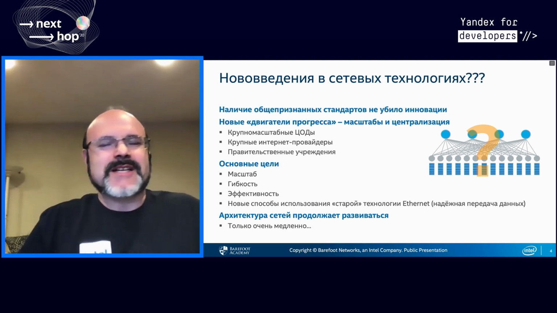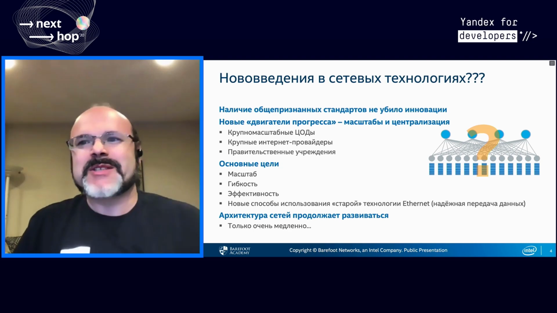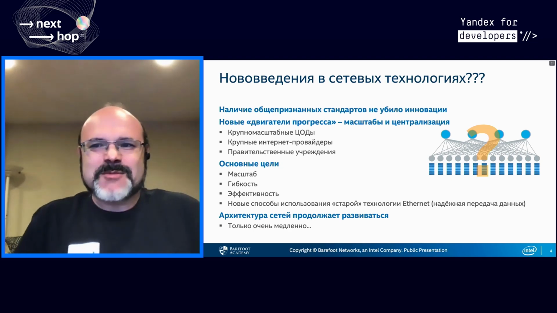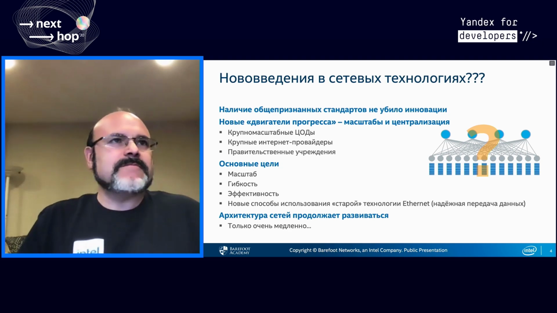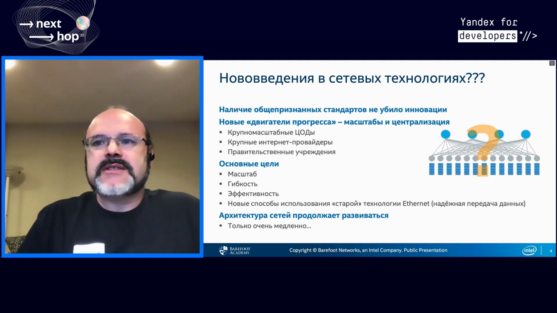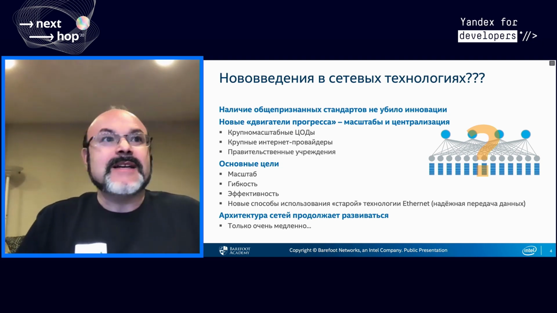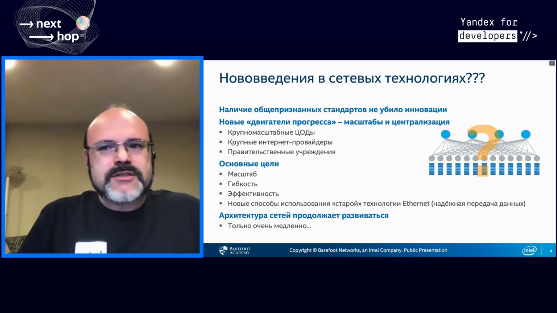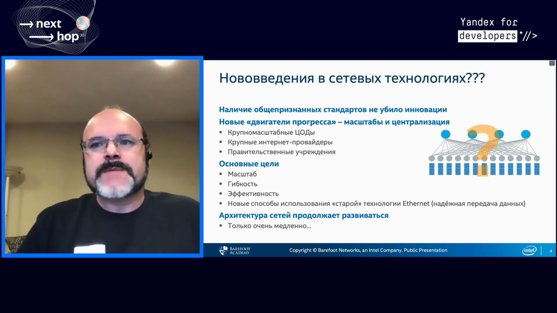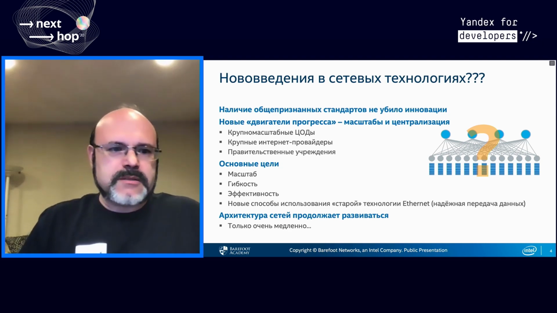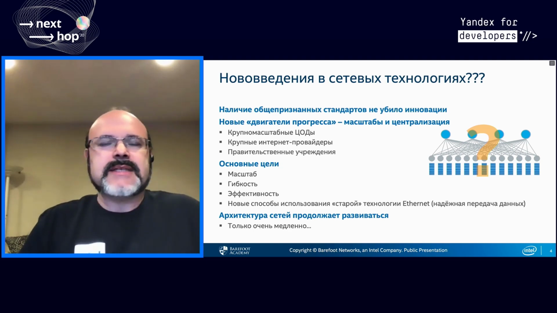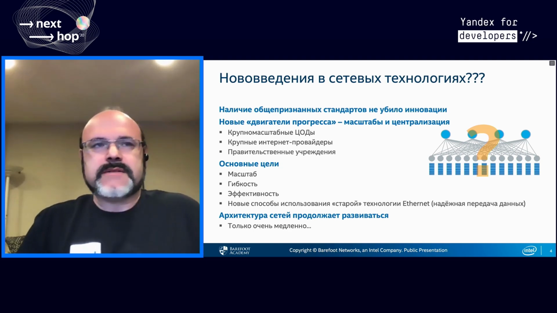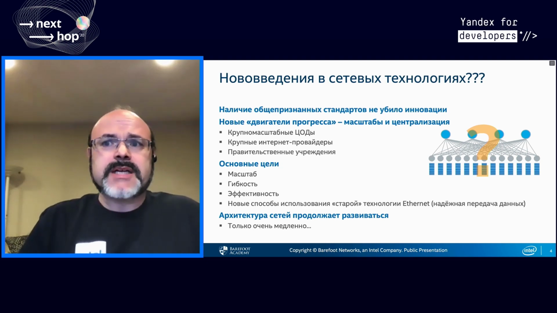But there are now progress drivers. For instance, large-scale data centers such as Yandex, Facebook's, Google's, major internet providers also give it a try to build something in-house, and governmental offices and agencies also are part of the process. What happens? First, we had a very disintegrated internet. Everyone would be building something on their own, and there was no connection in terms of standards and protocols. But now, with the processing done by big data centers, on the one hand, people would need the scale, which they were lacking before.